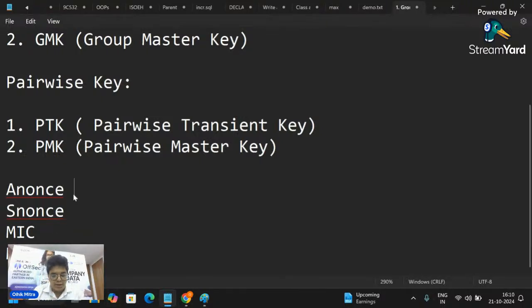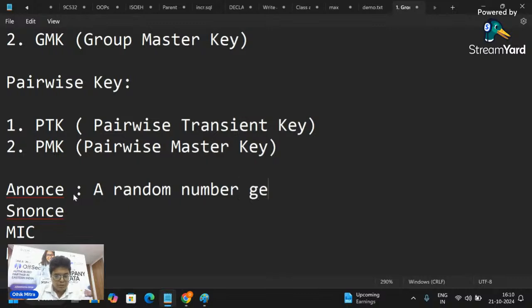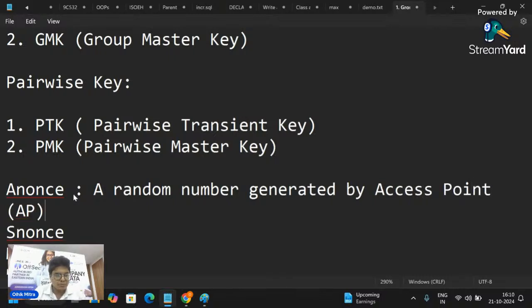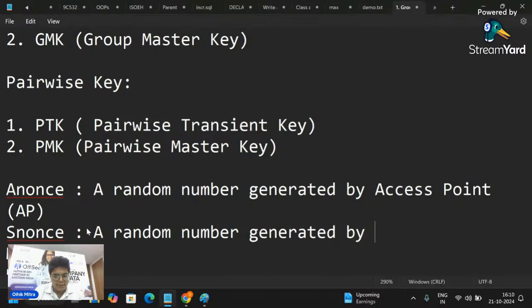So what is ANonce? ANonce basically is a random number generated by the access point or AP, and SNonce means a random number generated by the client device.